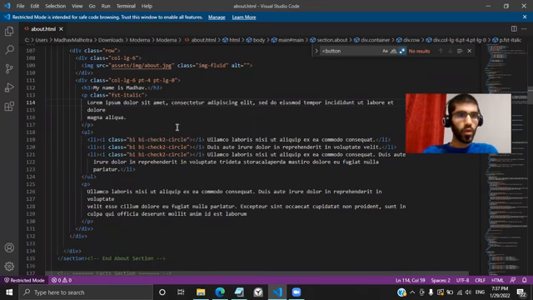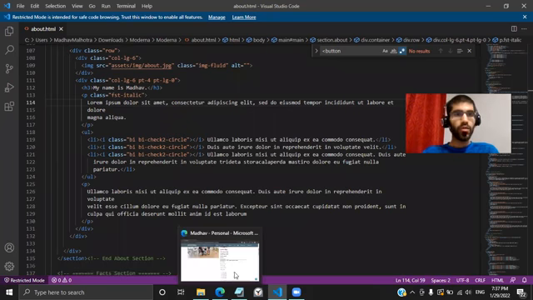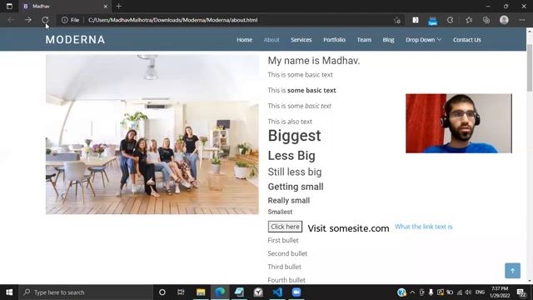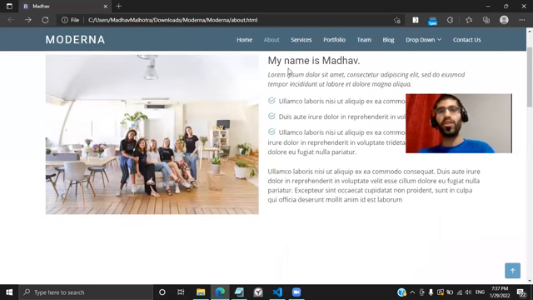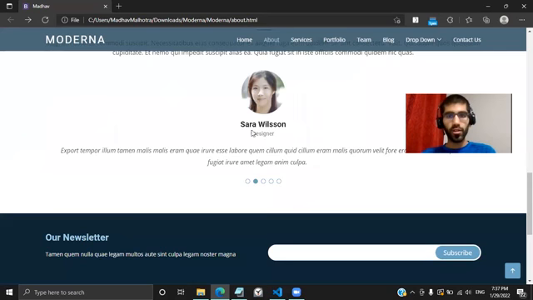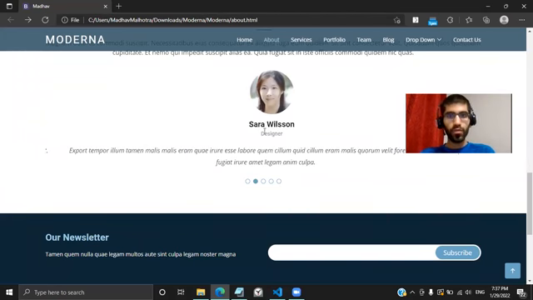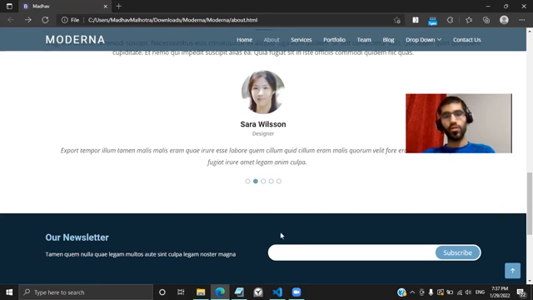So one last thing here. One thing that might make it easy for you to edit your site is, instead of like, oh, Control F, find me lorem ipsum so that I can somehow figure out what I want to edit. Let's say I scroll down and I'm like, okay, Sarah Wilson. I don't want Sarah Wilson on here. I want someone else. So one thing that I could do is, of course, Control F, Sarah Wilson,